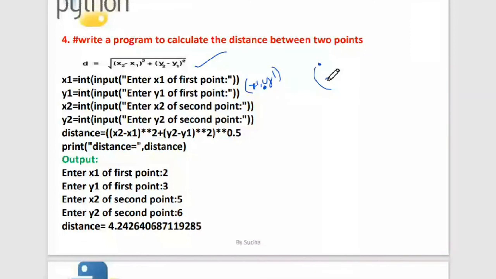You can also name them A, B, C, D and so on. Because we learned this in our schooling, I used the same terminology. So x1, y1, x2, and y2 are taken, and then the distance is calculated with all the operators and expressions.